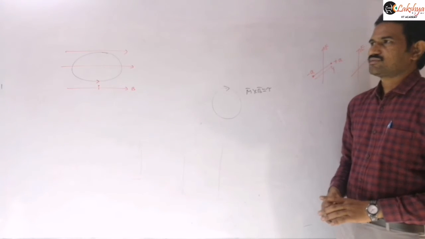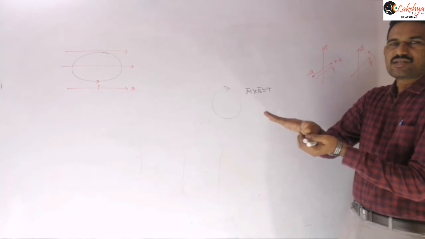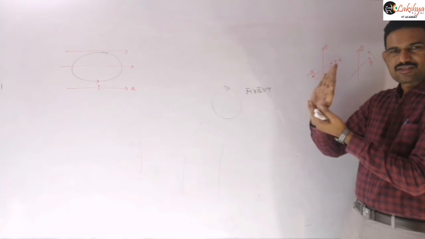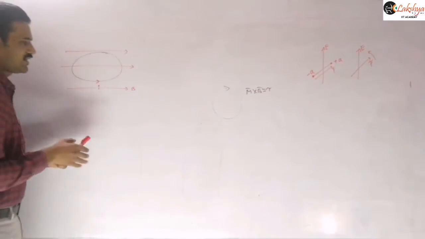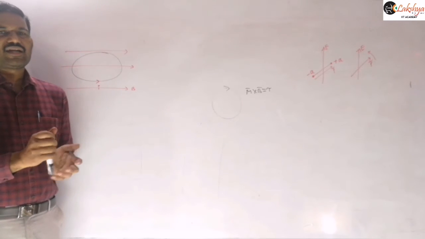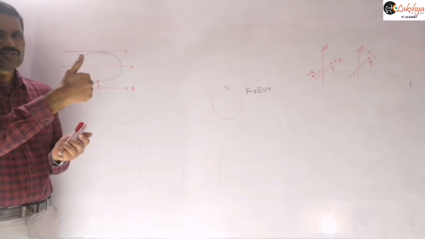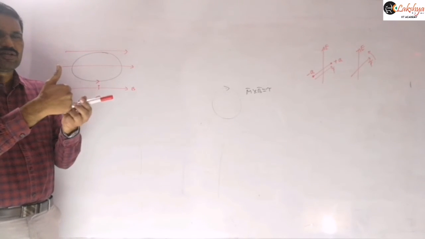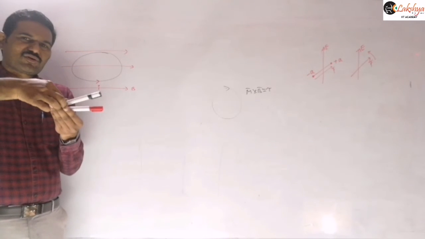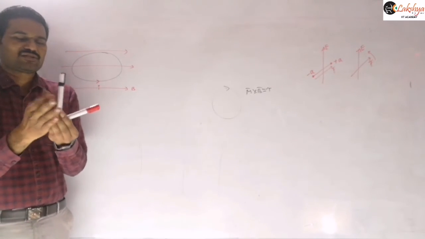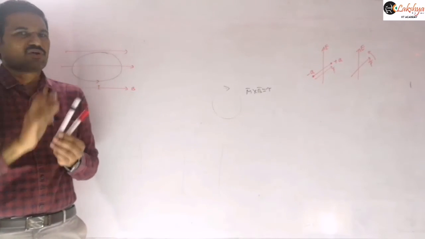That means when the coil is placed on the horizontal plane, it will start turning like this because of the magnetic torque. If the current is flowing like this, then the M bar direction will be upwards, and the B bar is along this direction. M bar is upward, and it should turn into the direction of this B bar. So the plane should turn like this. The toppling of the coil will take place there.